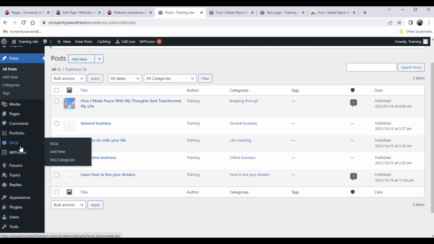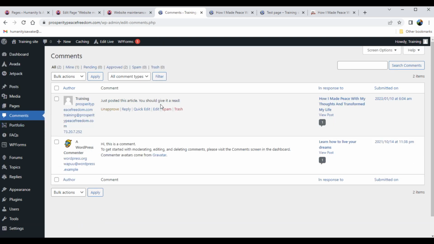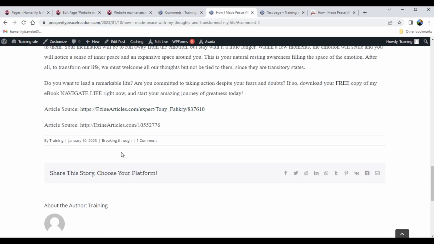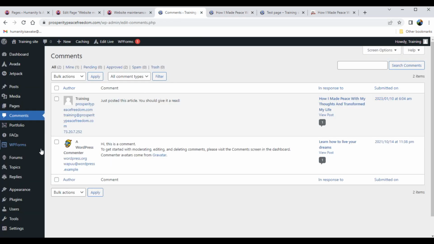So if you go back in here and you click on post again, or if you go down here, I should say, and click on comments, and notice how that picture showed up here too. Okay, and you go down here and click in comments. There it is. You just posted this article. You should give it a read. It's already approved since you're the admin. And that's what you're going to want to do when you post an article